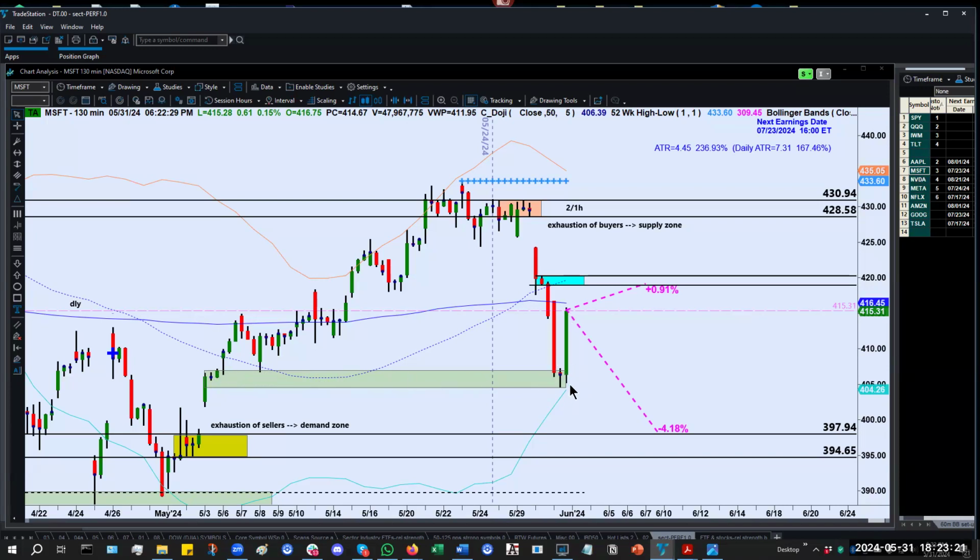So when price returns here, could we get another bounce? Possibly, but from our experience, more often than not, this level will probably crack. If we end up getting pushed back here, particularly if it comes back here with some energy, this level will probably crack, and then at that point, the next area of demand is sitting right here below. So in terms of the distance from where we are now, this price level down here at around 398 is about 4% from where we are now. So we would need a 4% pullback down here,